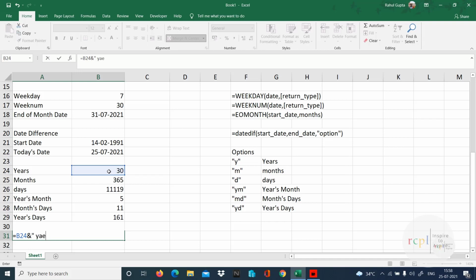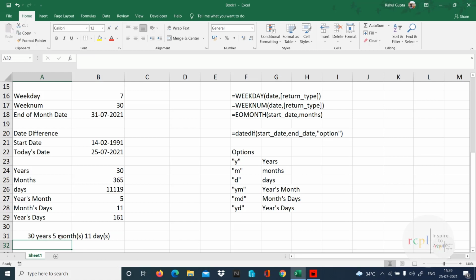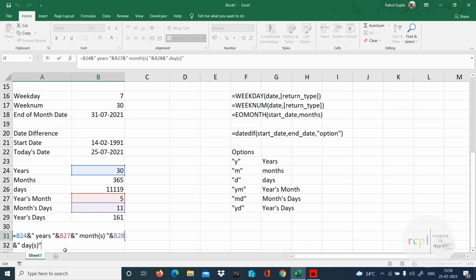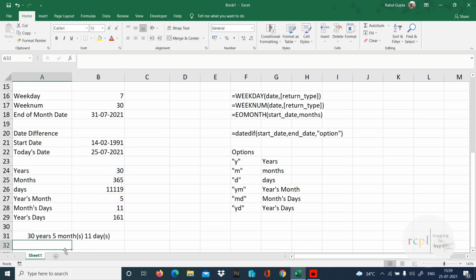I'm typing here years, ampersand this, ampersand months, ampersand this one, ampersand days, and it combines and gives 30 years 5 months 11 days. So that's the ampersand sign we can use to concatenate the function. So this is how we can get the date difference between this.